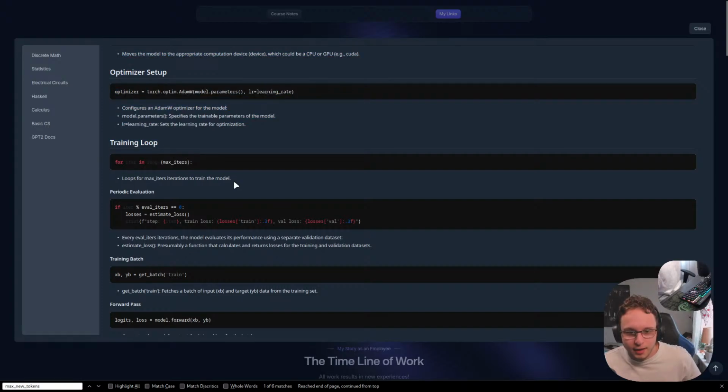Then we have a training loop. So for each iteration in max iterations, this is a hyperparameter, we create a periodic evaluation. So if iter, and I think the percent sign is the remainder operation, it will take iter modulo eval iters, and if that is equal to 0, which basically means that these two line up, we